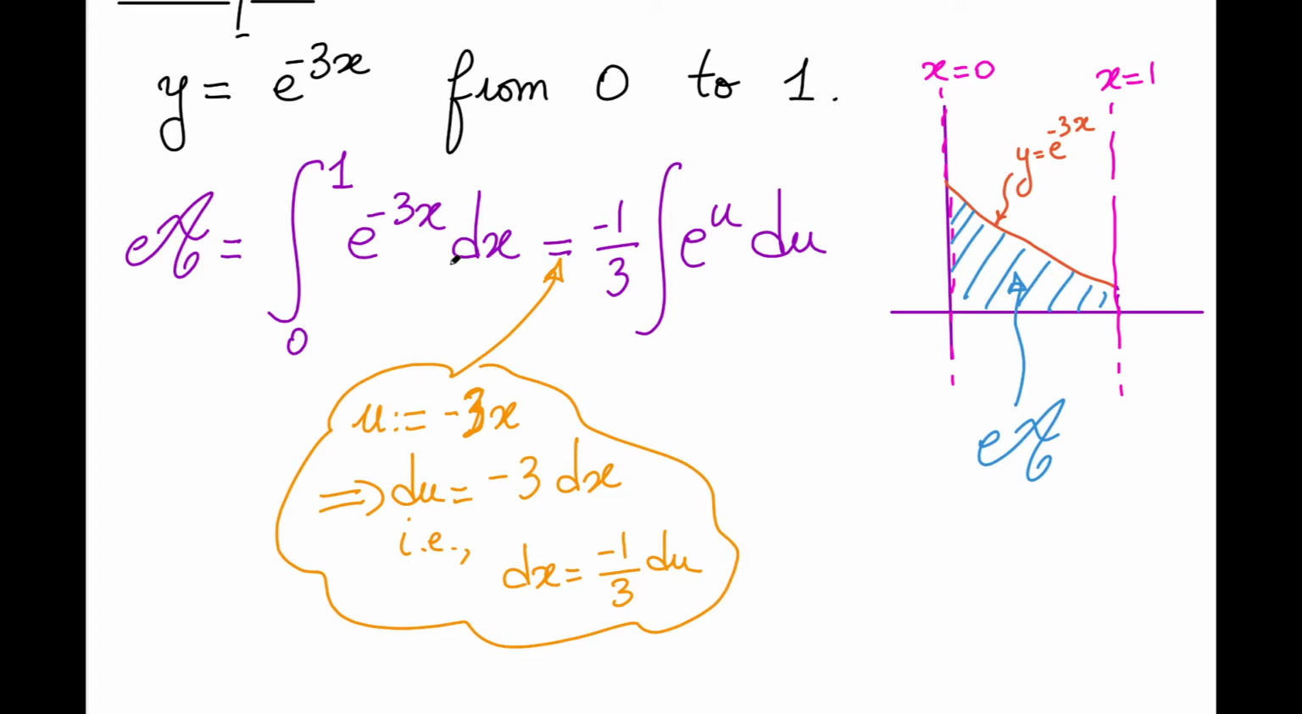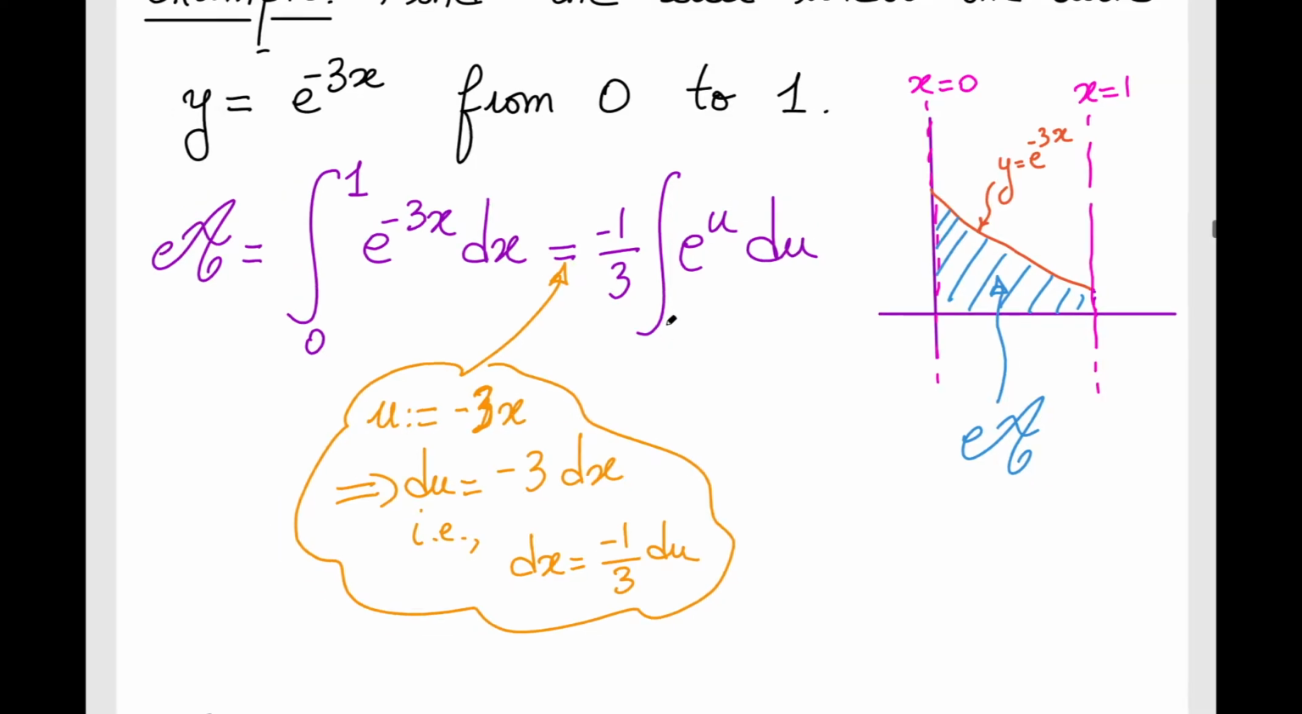When x is 0, u is gonna be 0, right? So the lower bound of u is gonna be also 0. And when x goes to its upper bound 1, u goes to negative 3. Okay. And now if you wanna reverse the bounds, you can just pay the price minus and flip the bounds. So we can get